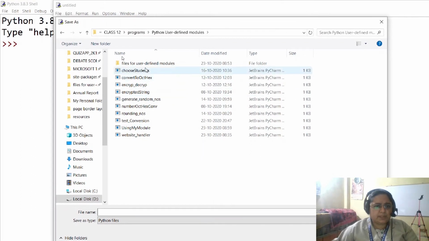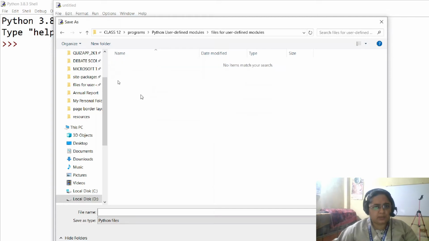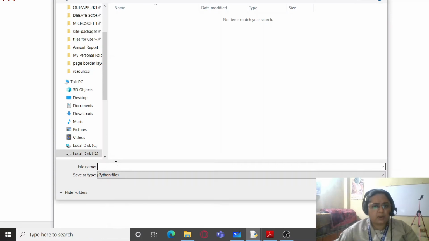Within this area, I have already created another folder, that is files for user defined modules. This is for temporarily storing all those Python files which are actually going to be modules in future, because I will pick them up from here and save them in the site packages folder. So I'm going to save the modules over here.